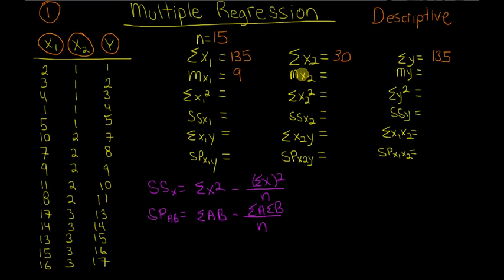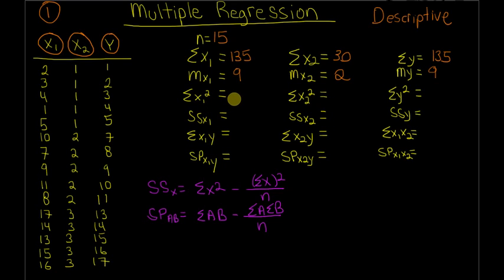Same thing for the mean of x2. For the mean of x2, it's going to be 30 divided by 15, which is 2. And then the mean of y is 135 divided by 15, which is going to be 9. Now we have the sum of x1